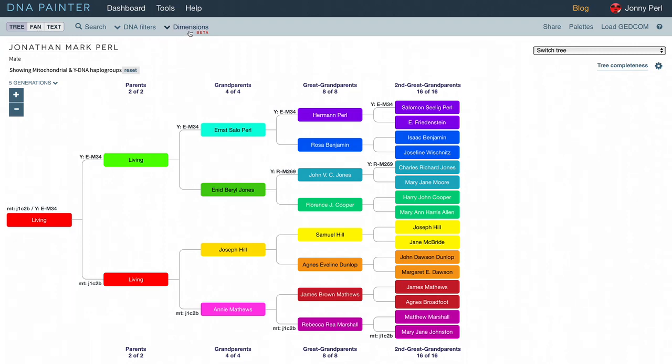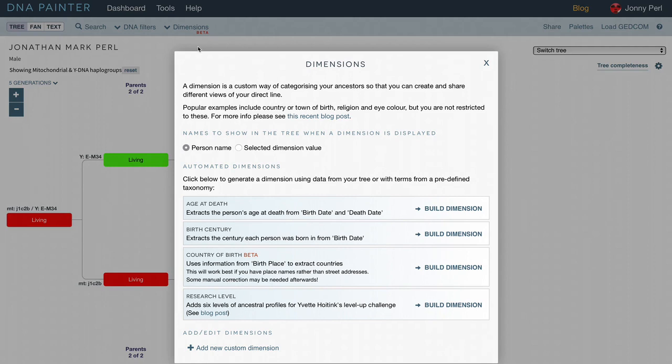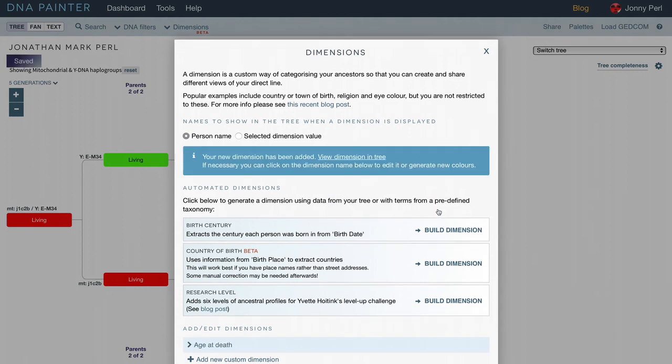So dimensions is a feature which was introduced in March of 2021, and it allows you to add dimensions to your tree. So if we go into Dimensions menu at the top and we click Add Edit Dimensions, let's choose one of the preset ones. So we have Age at Death. This is something that can be calculated from the GEDCOM file. It's going to extract the person's age at death using the birth date and death date. So if I click Build Dimension, it says to me that's been built,